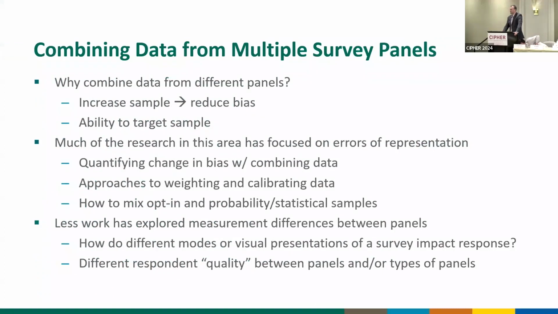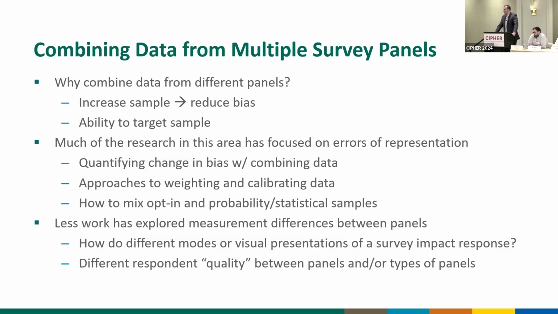So I'm specifically going to be talking in the context of combining data from multiple panels, and that's a newish thing we're doing at NCHS. So, why combine data? I think the reason we're typically doing it is, in the end, we're trying to get less biased estimates, right? We're trying to get better estimates, and the idea is if we can combine multiple samples, we can do that. And in other use cases, we're trying to target samples or target specific groups. And so to do this, we're going to take data from panel A and panel B and put them together